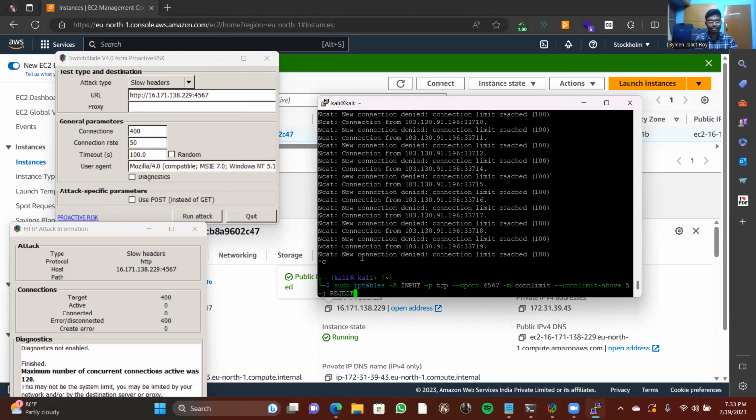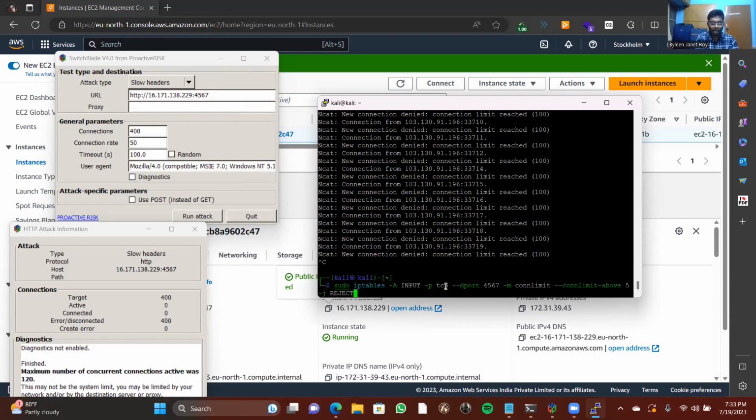Okay, I'll just explain this too before executing. As I said earlier, sudo is just used for giving the supervisor privileges just for executing this command. And iptables is a command line utility which is used for configuring the netfilter firewall rules and so on. And -A INPUT specifies that we are adding one input chain to the firewall. That is, we are adding one separate rule to the firewall.